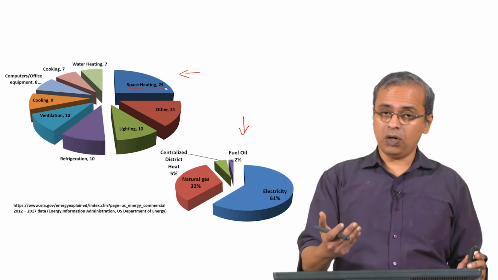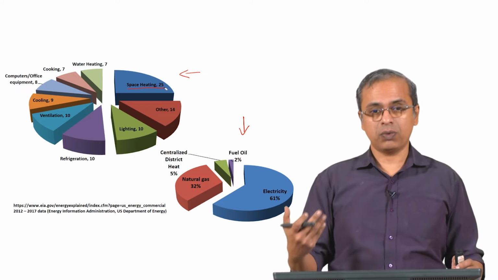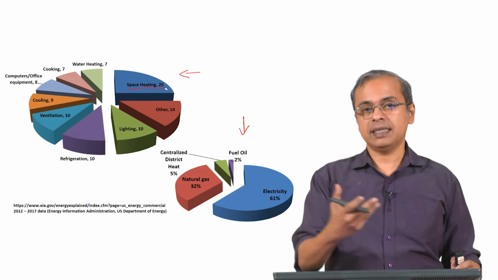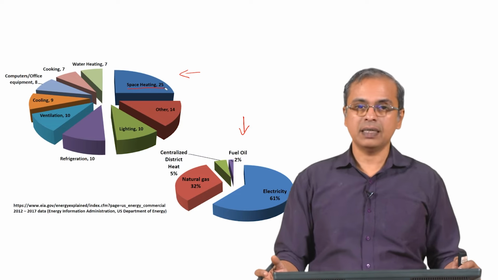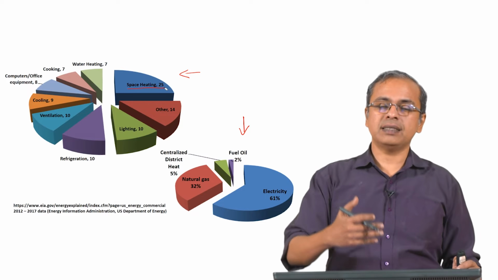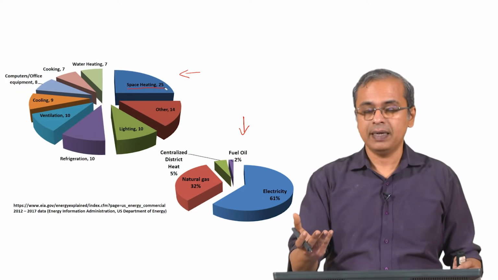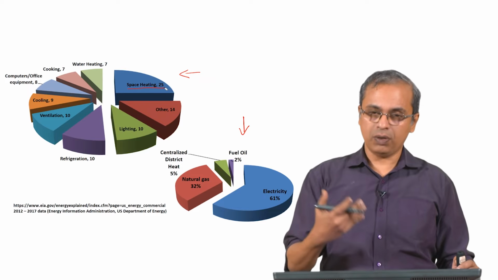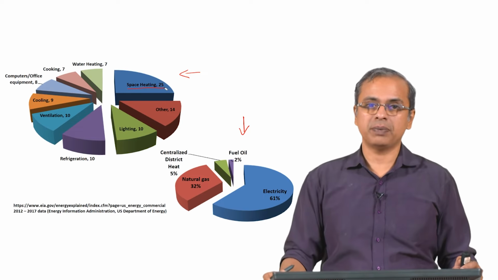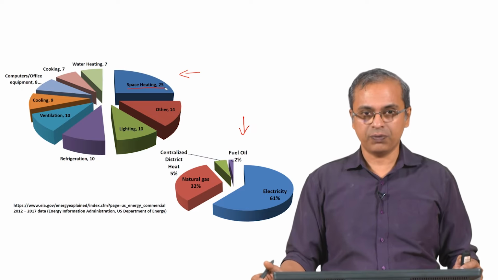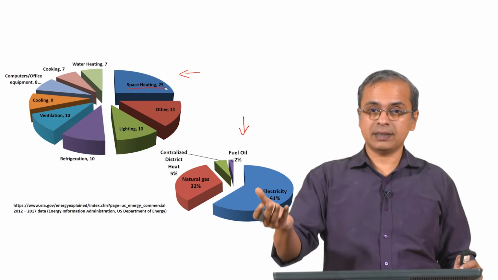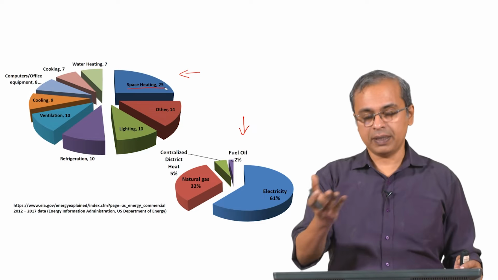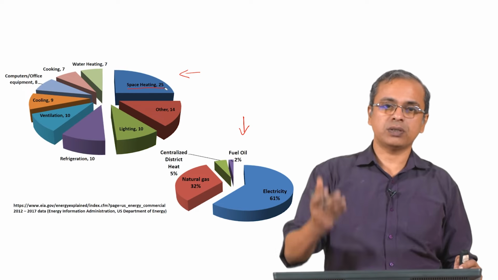If you come to a hot country like many places inside India, which are quite hot in summer, then air conditioning is the one that will consume a lot of energy. Typically air conditioners are consuming a huge amount of energy. In fact, increasingly as the air conditioners have become more affordable, our energy consumption has gone up, because naturally all of us want to have a comfortable environment in which we would like to work or live, and therefore the use of air conditioners has gone up, and along with that the energy usage has also gone up.